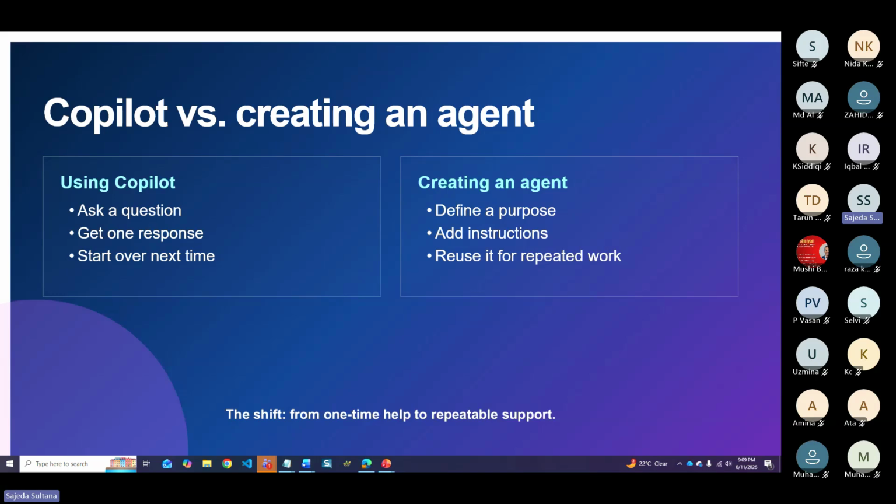Now in every AI assistant, it has default capabilities. You can write the question, it will give you the answer. Every day you can use the same chat. But there is some limitation. So what is the limitation? Every AI model has a token limitation, a content length limitation.